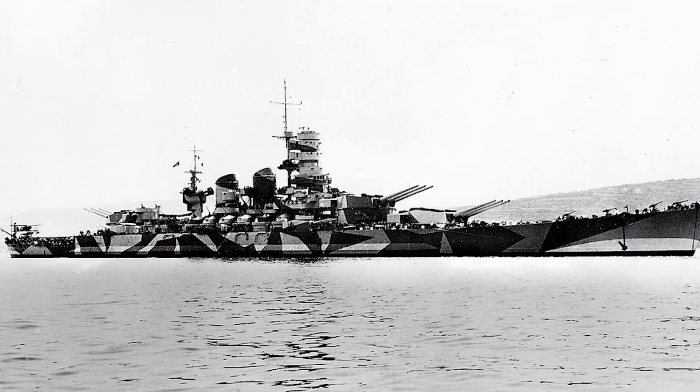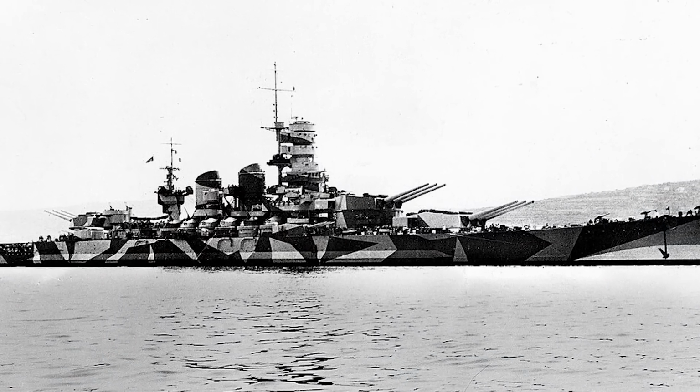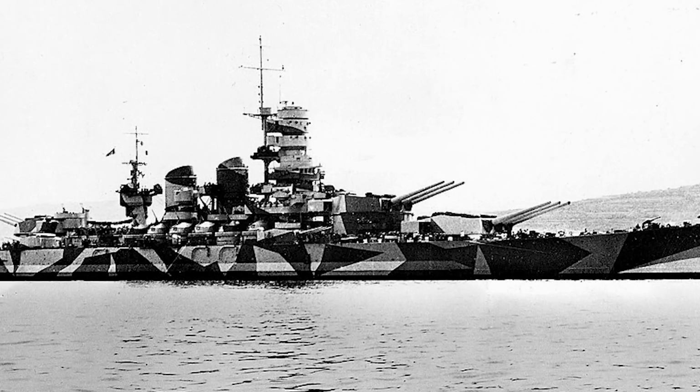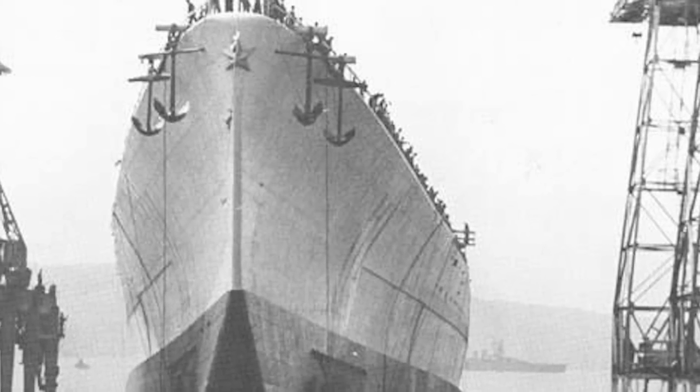The story of Battleship Roma. In the shadow of rising global tensions during the 1930s, the Italian Navy, Regia Marina, sought to assert its dominance in the Mediterranean. With France and Britain modernizing their fleets, Italy needed a powerful statement of naval strength. That statement would come in the form of the Littorio-class battleships, among them, the most modern and arguably the most